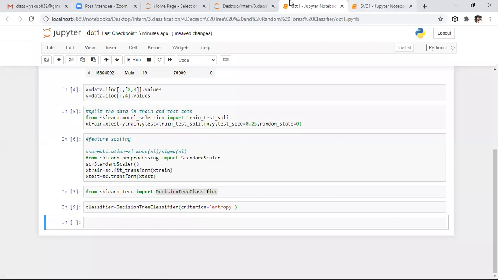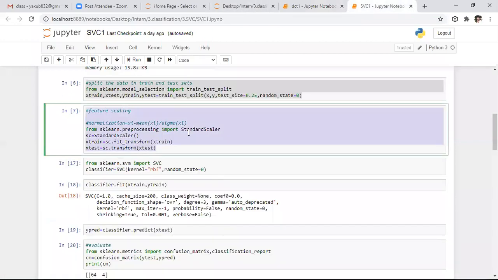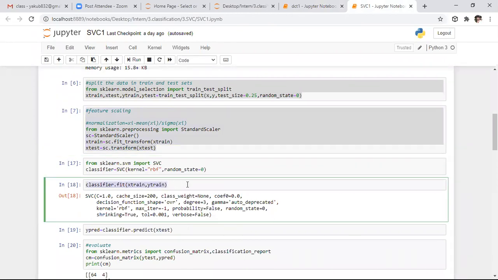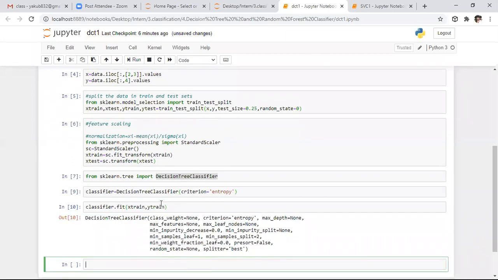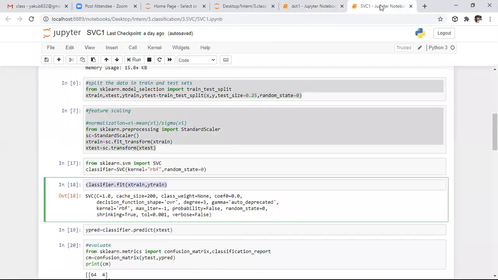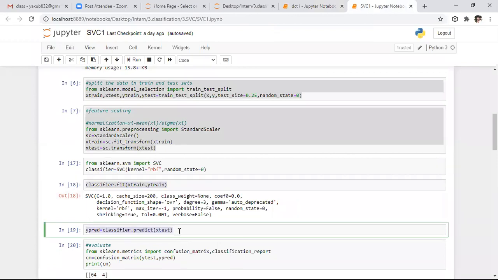After that, what do we need to do? We need to fit our data. After that, everything is the same. We need to fit our data to the training data. To train the machine, we are fitting the data. After fitting the data, we need to predict the outcome. To predict the outcome, I'm giving the test set data.